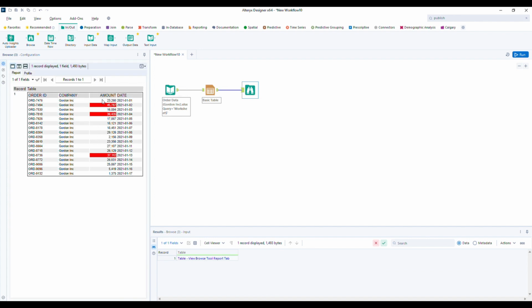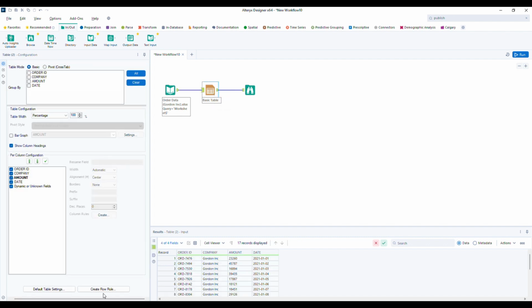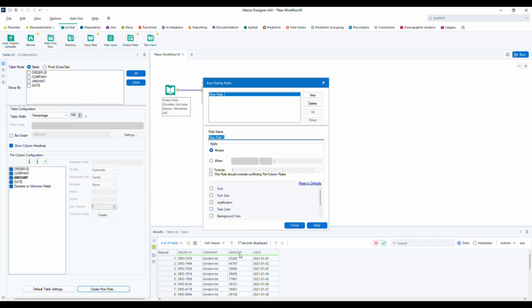So if you want to highlight the entire row instead of this particular column, that also we can do. For that, again choose this particular table object, and downside you have a create row rule. Click on this create row rule, and a similar window opens. Same as before, amount greater than or equal to 30,000, whatever condition we gave earlier, I'm giving the same condition here, and the same text color and the same background color.